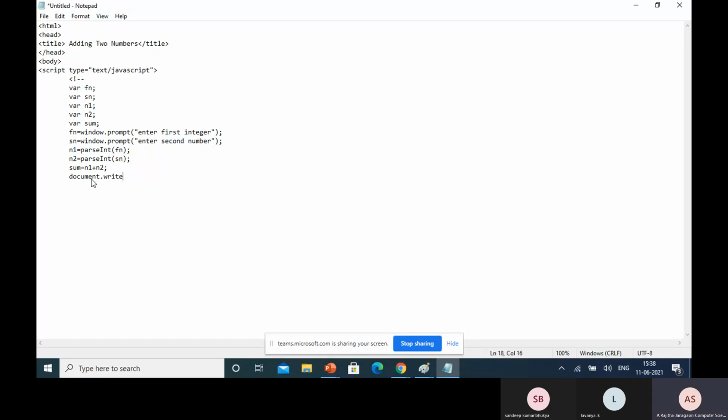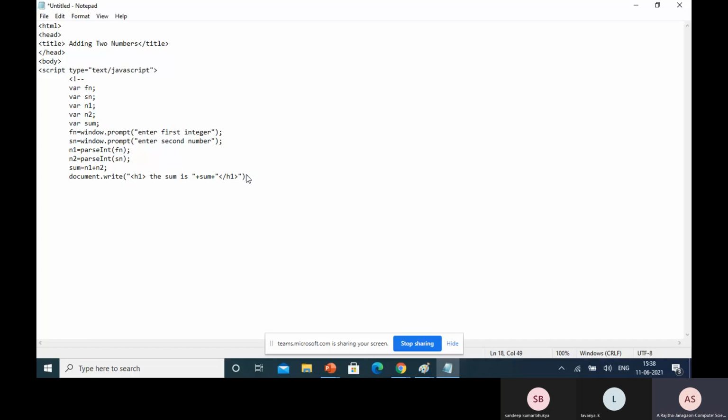Here write the h1 tag, that is, what the sum is, close this one. Here sum is in a variable, so add those two by using the plus operator. And after that, close this header tag. This is also treated as a string in JavaScript. Close this string, h1 is closed here, close this write statement, and next the end of the statement.